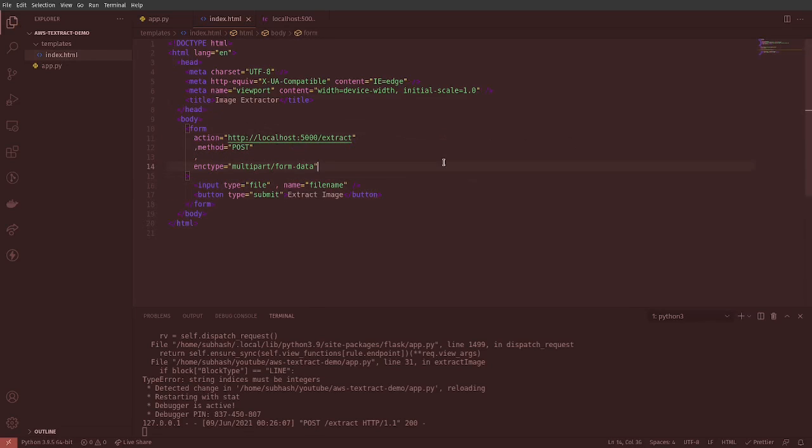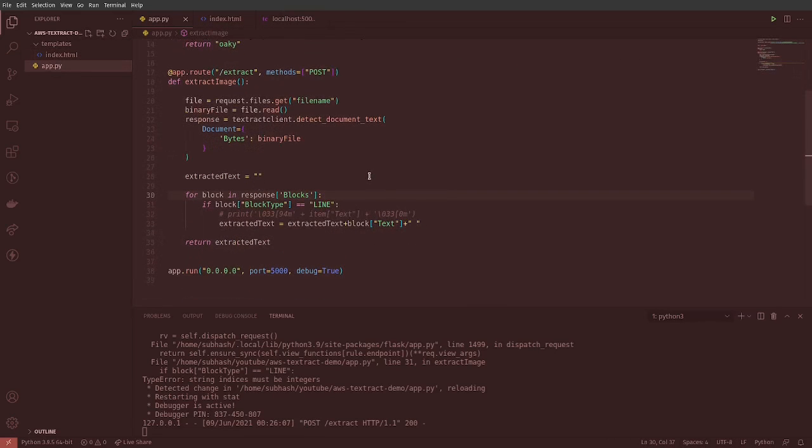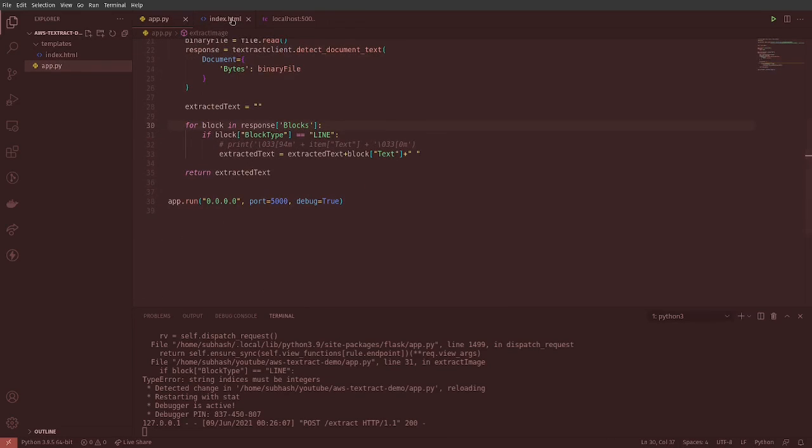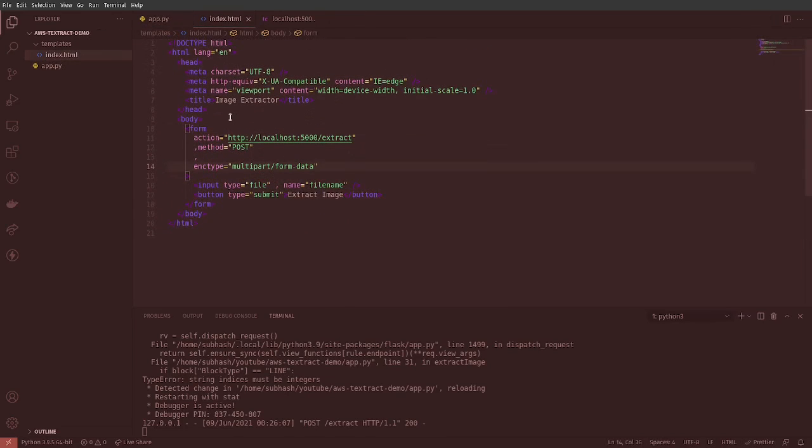Fine. Okay, that's pretty much from the index file. Now after extraction we need to return the response in the index file. So what we need to do,